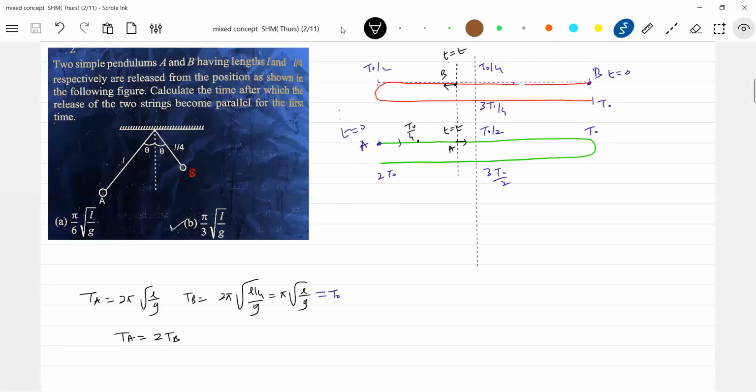We need that angular displacement, no? So how much angular displacement will it undergo in this interval of time? It will start from the left extreme. So this is actually the linear picture. We can also go for the circle like this. One will start from the right extreme, the other will start from